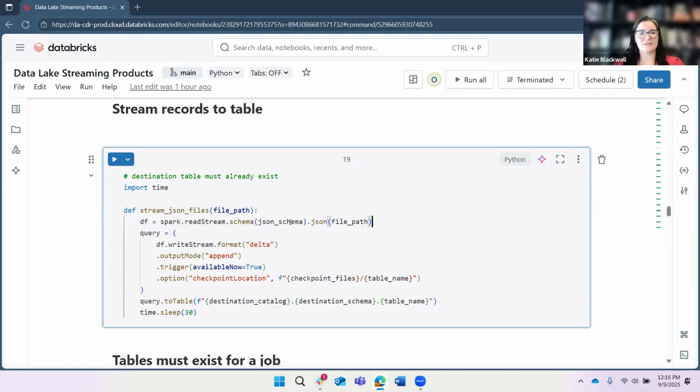If you run this one step at a time, if you broke this up: Read stream is where you specify the schema, and then you can tell it, I have a JSON format that I'm reading in. Here's this file path. And that's actually just a whole directory. So if you have a whole directory where you're getting things coming in on a regular basis, this file path